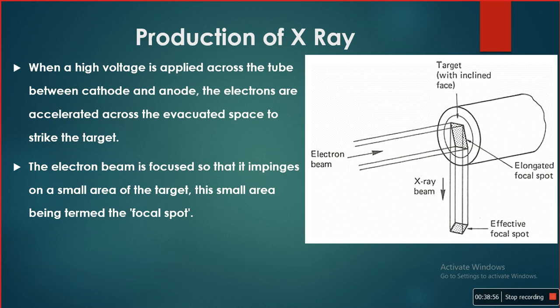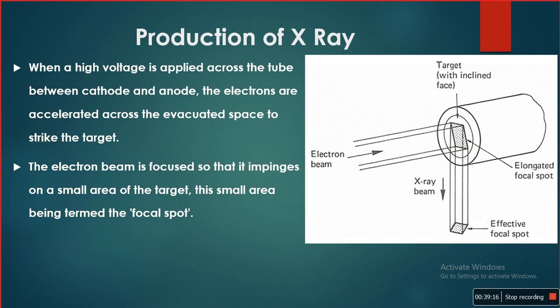The smaller the focal spot on the target, the sharper the radiographic image that can be obtained. Means if the focal spot is very small,